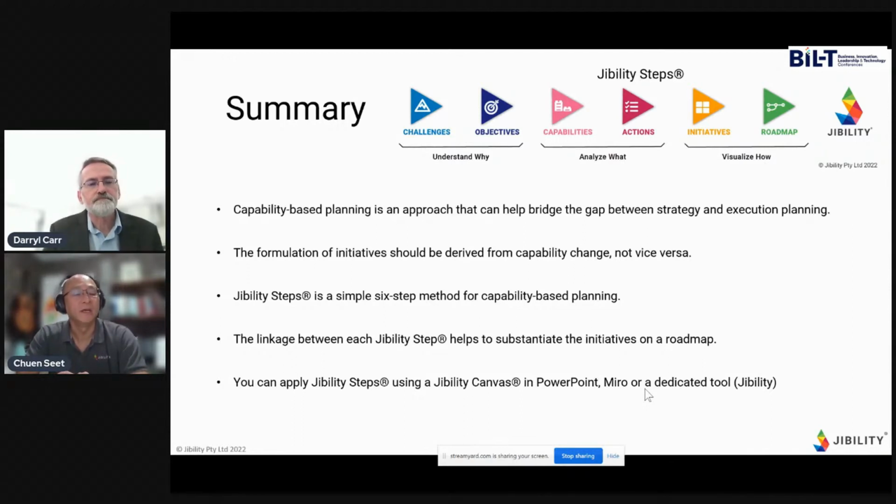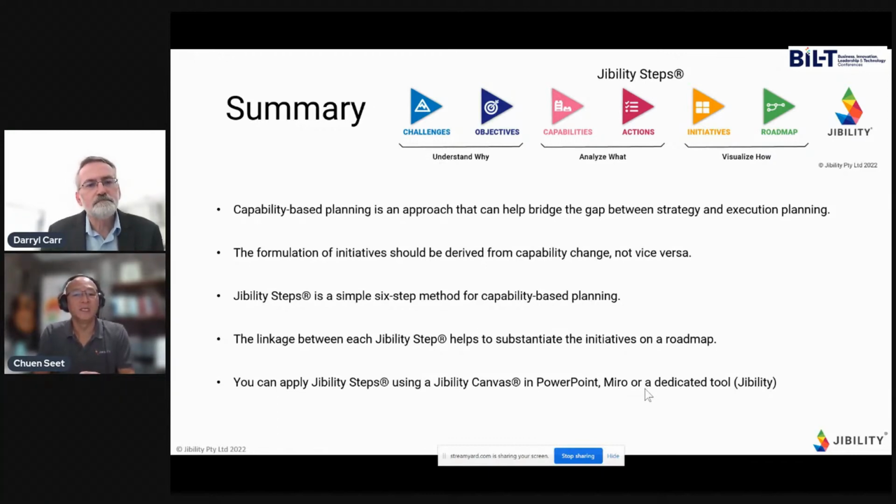One of the challenges as an architect in working with business stakeholders is that you're often asked to explain why that initiative. And the difficulty is not being able to defend those initiatives in language that's simple enough to explain back to business stakeholders. And because Jibility Steps is just 6 steps and it's in language that business stakeholders can understand,